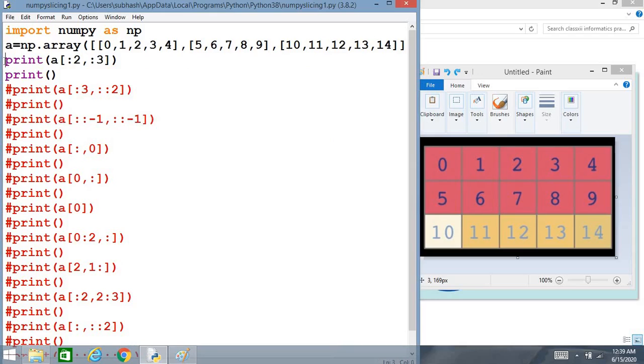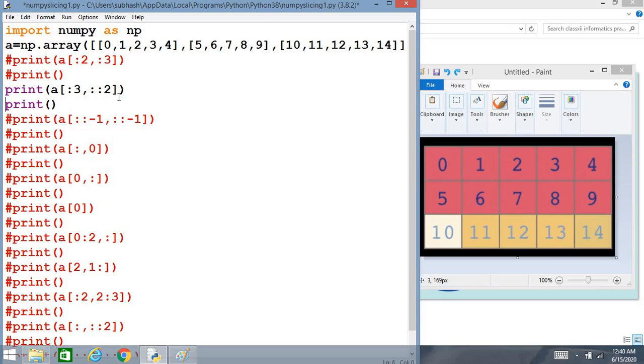Next, it is given as print A of colon 3 and colon 2. What does it mean? Now colon 3 is same as the above we have seen now, isn't it?